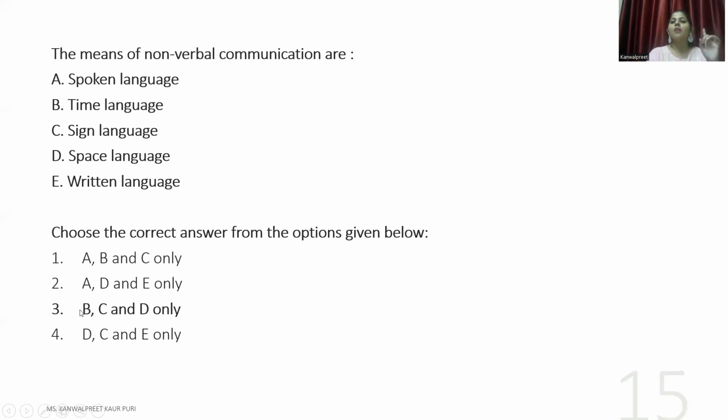Understand where we make a mistake. Sometimes in the examination we mark the wrong answer. But as the exam is now conducted through CBT mode, computer-based testing, once you realize, you can change it anytime. But be sure, if you're attempting on a physical paper, never make the mistake of marking the wrong answer. Sometimes it happens with all of us. So just remember the odd man out system: they're talking about non-verbal, so you have to eliminate the options of verbal.